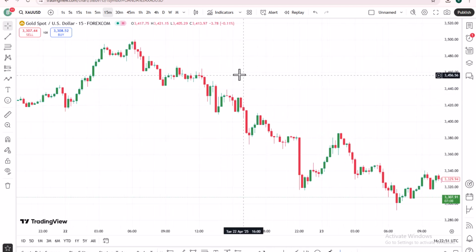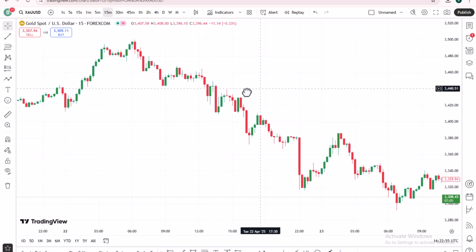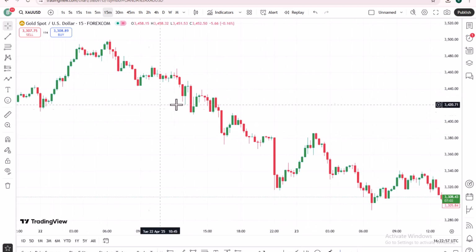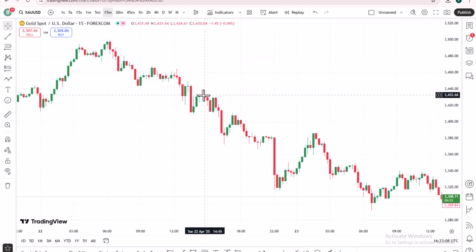So this is the market structure that I look at when trading the market. And you can see another example here too. At this point, price came back, pulled back, and gave this candlestick pattern. So this is actually one of the patterns that when I normally see this pattern, I go all in when I see this kind of pattern. That means price is actually ready to move downwards.